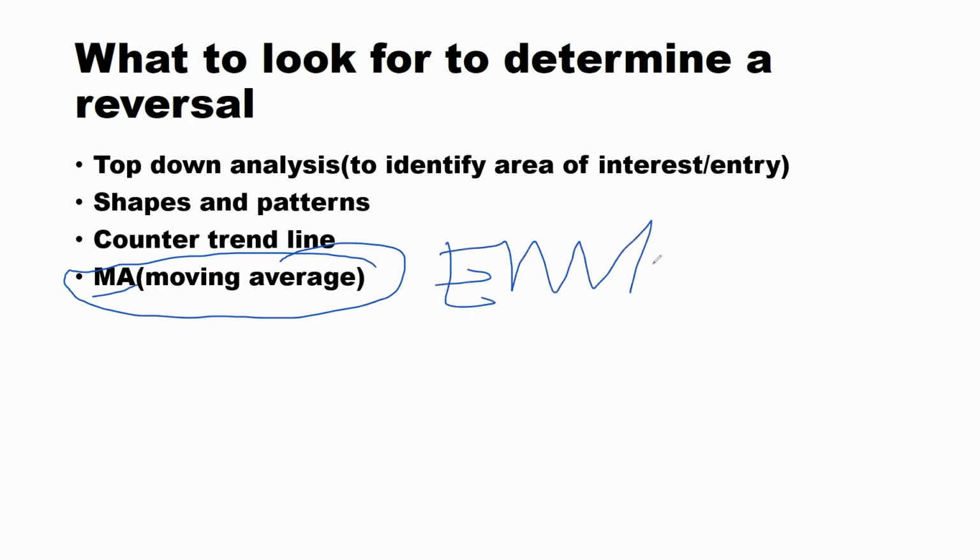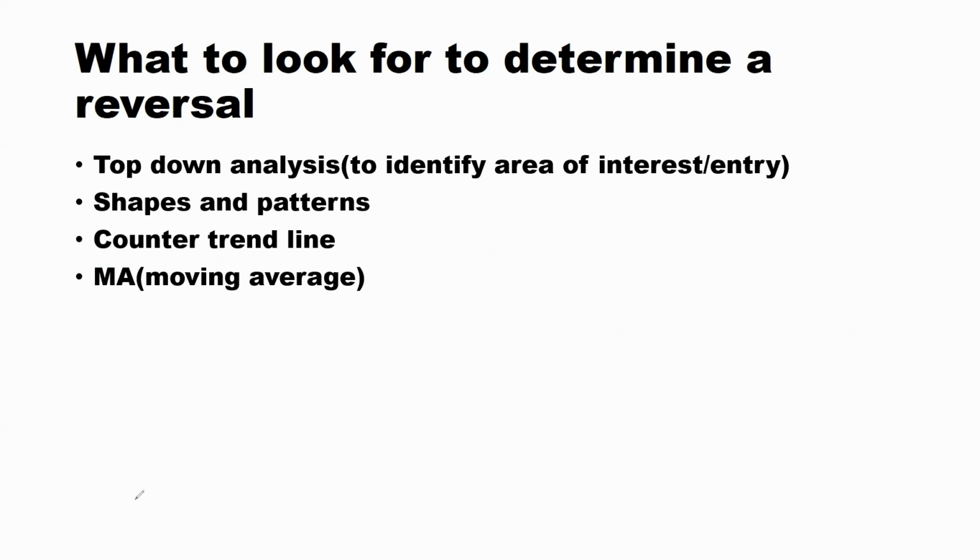It's what we use sometimes in case we want to get a confluence. We use the EMA 200 or EMA 50. You can choose any that you want. So how does this one give us a reversal? We have made a video on it, but I'll just give a hint about it here.